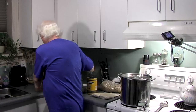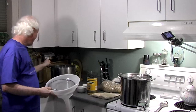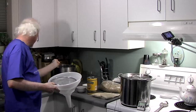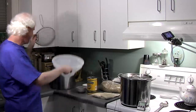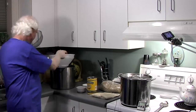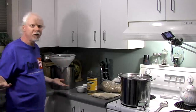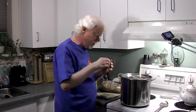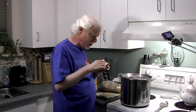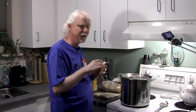So my little setup here is basically got like a coat hanger. Goes on there. That holds the funnel, and then I just put my strainer on top, and hopefully everything will work out. So that'll be fun. Okay, so what we're trying to do here is we're trying to get to a temperature of, I've decided,